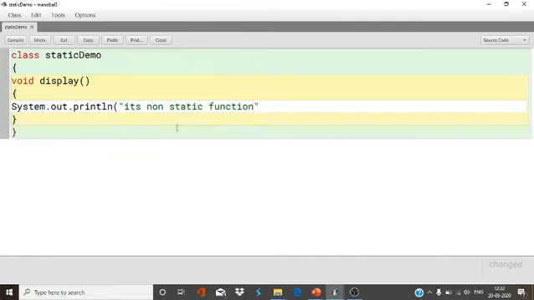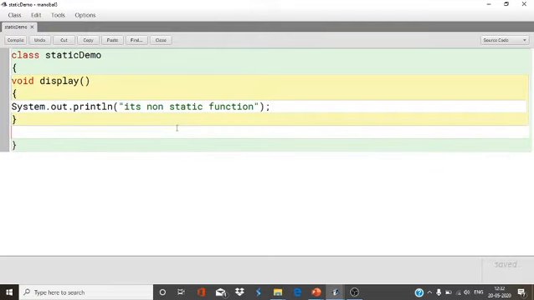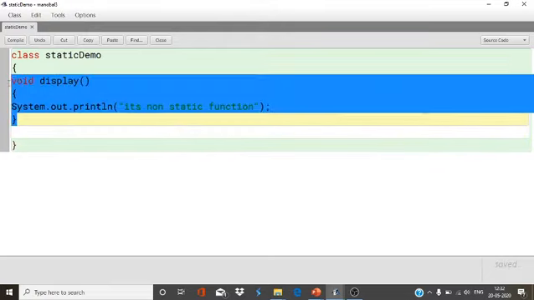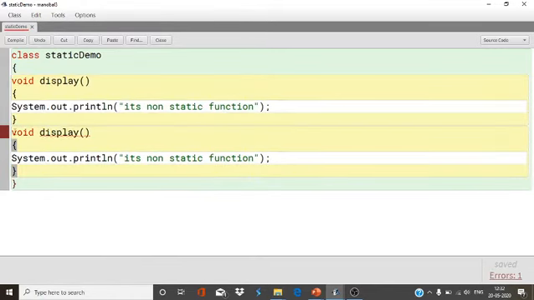Just a message I typed here. The other function I'm going to declare in the same class, and that will be static: static void display1. It's a static function.